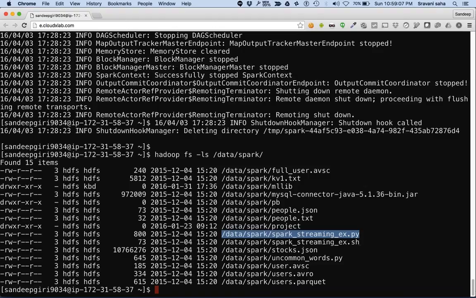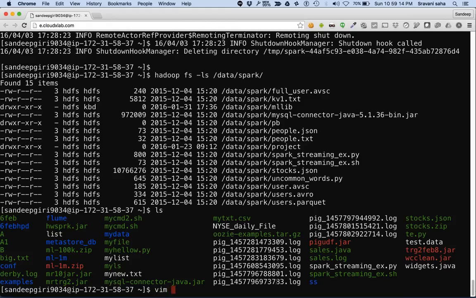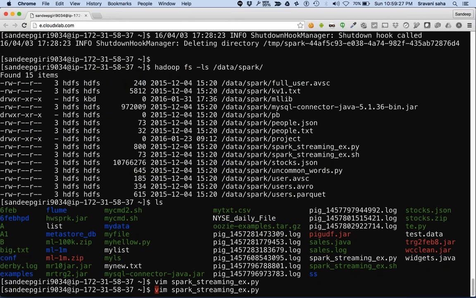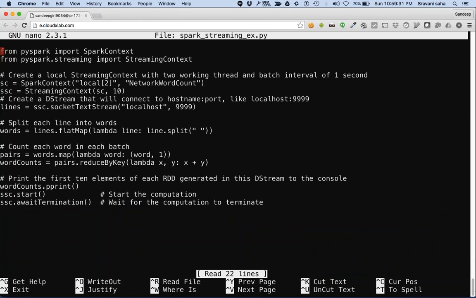You can copy this to your local and then start working on that. I've already copied that file, spark streaming.py, and I would like to show you this. Is it clear to everyone? If you are not comfortable with Vim, you can actually open it in Nano.